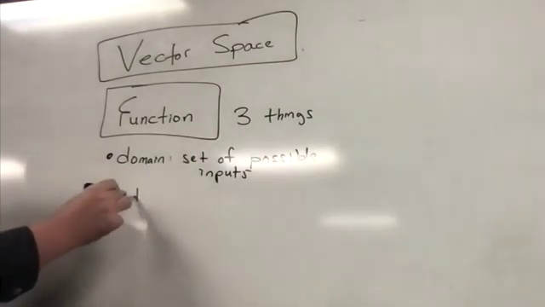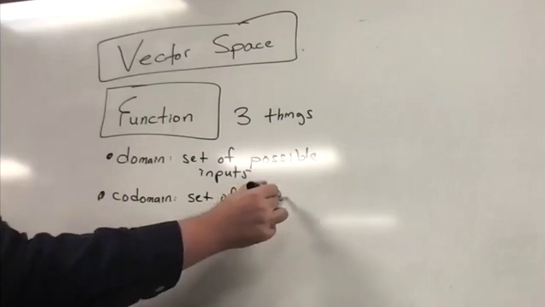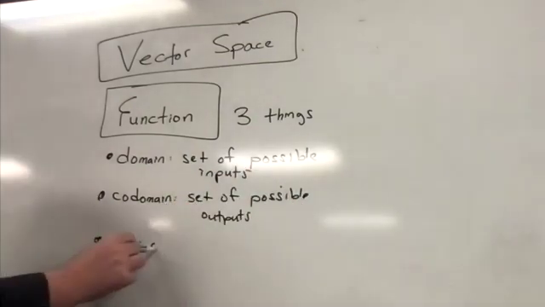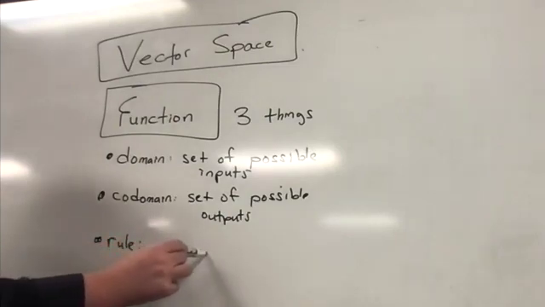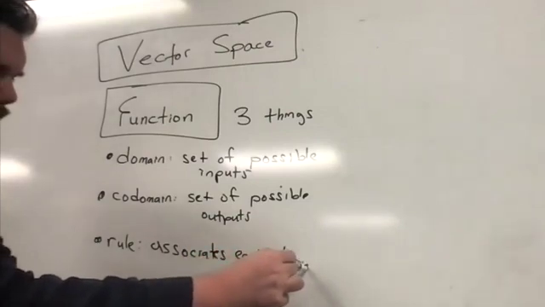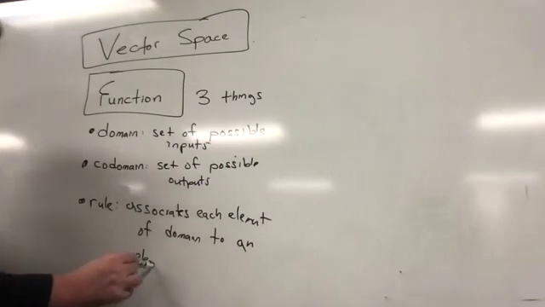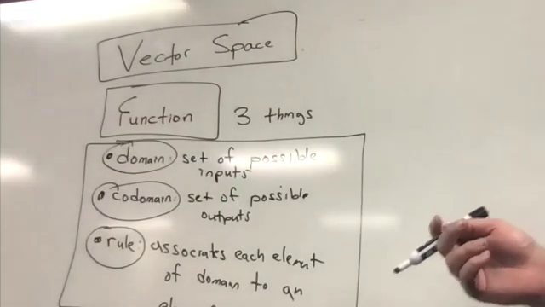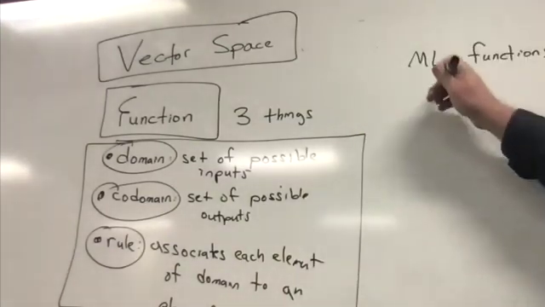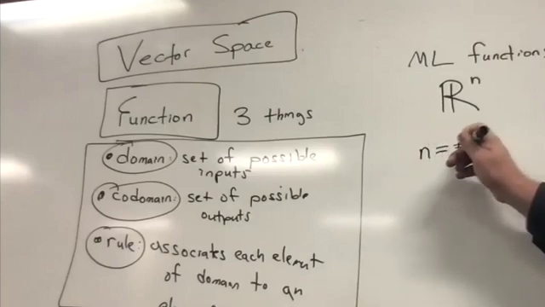We need the codomain, which is the set of possible outputs. And we need a rule that associates each element of the domain to an element of the codomain. So we're going to be looking at the functions that we want for machine learning. We'll go from R^n, where n is the number of features,